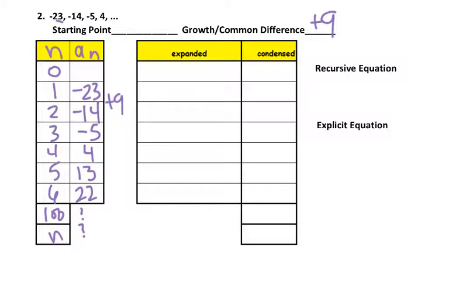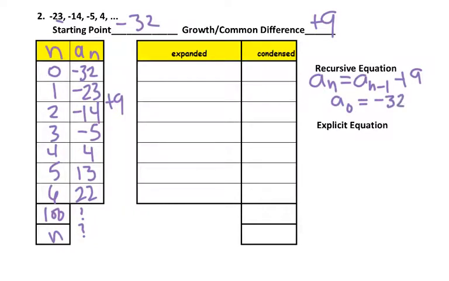So going backwards, okay, would be negative 32, right? Because negative 32 plus 9 is negative 23. Okay, so our recursive, we know where we start, we know how it grows. So I go a sub n, my next term is equal to my previous term plus 9, and then we started at a sub 0 at negative 32. Okay, now for my explicit equation,